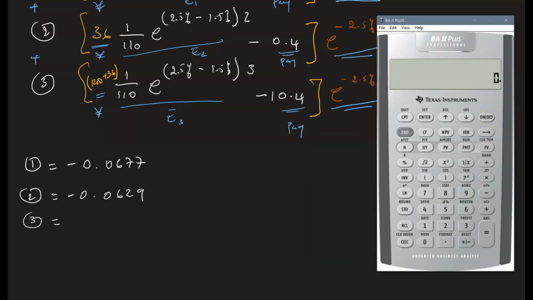So we're going to do the following. We're going to say 2.5% times 3 equal. Make sure you put a negative sign for present value, second function present value, and we're going to store that in 1. That's our present value factor. Next, what we're going to do is 1% times 3. That's about 3%, second function exponential. That gives us that. We're going to divide that by 110 equal, and we're going to multiply that by